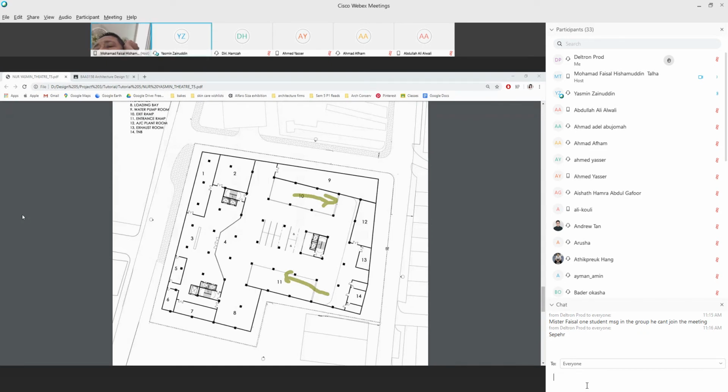How to go to the loading bay? You have to reverse. Number 9 is what? Number 2. Number 2 is the admin office, curator's office, sorry. Number 1 and 2 are the admin office and curator's office.